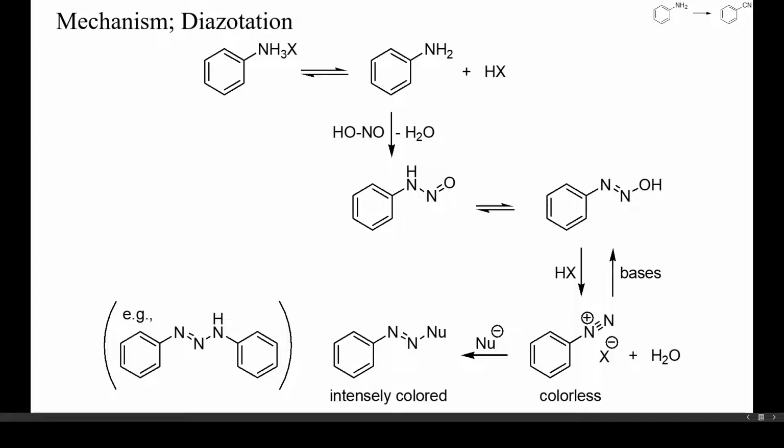Sulfuric, hydrochloric and tetrafluoroboric acids are most commonly used and are required for the protonation of nitrite and for the dehydration of the tautomerized N-nitrosoaniline. This last step is reversible, however, and neutralization or the addition of nucleophiles can cause the formation of various azo compounds. Because these are colored, the end of a diazotation can be recognized by the bleaching of the reaction mixture.